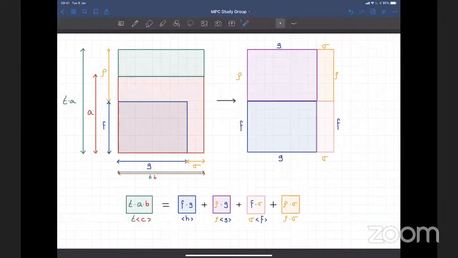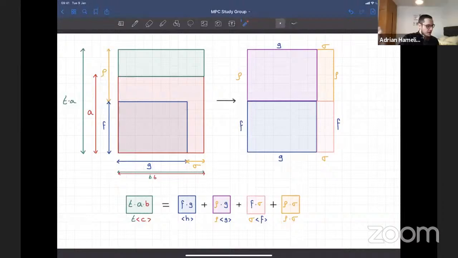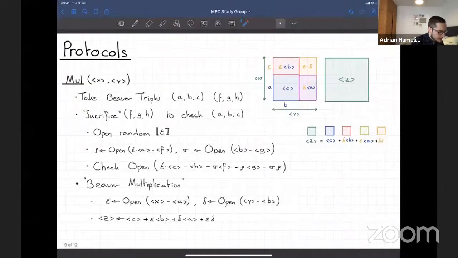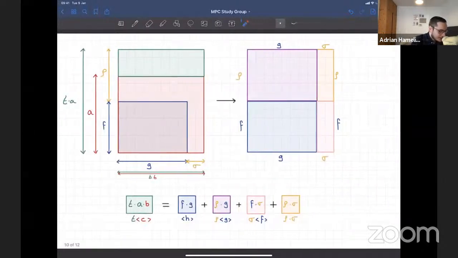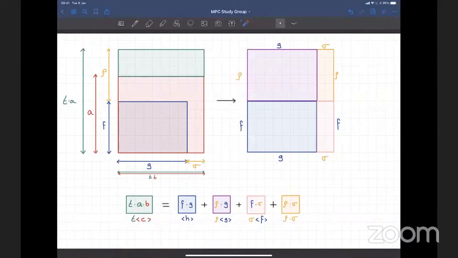And I don't really get the translation between what do we reveal and this picture. So this is the computation you're doing here. So you're going to be opening t times c minus h minus all this, and this should be equal to 0 because they're calculating the same thing. Rather, coming back to this, you're going to be doing this minus this minus this minus this, and you're going to be checking that it's 0. Okay.